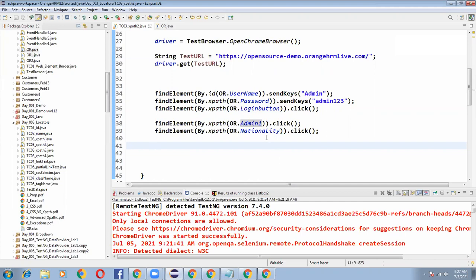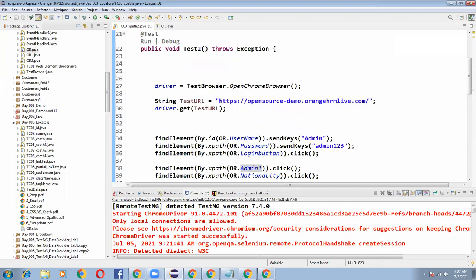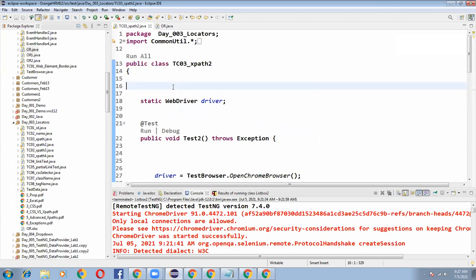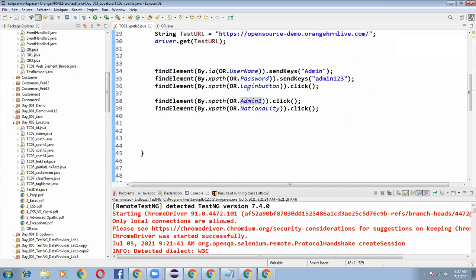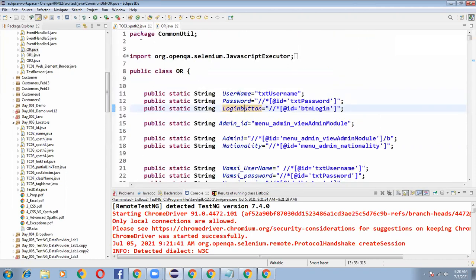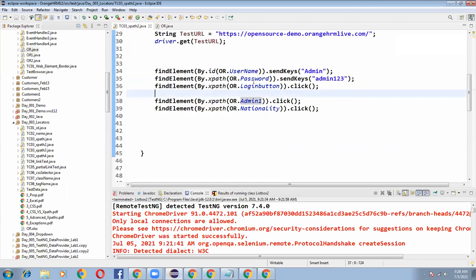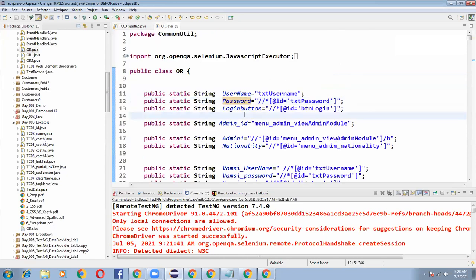What we have been doing so far is writing all the XPaths for every class. Every time we have to write XPaths globally for every class. But is it required if I follow this approach? Not required. Suppose I want to do a login scenario, I can simply copy and paste it, because I'm referring to my XPath from the OR.java class. I'm simply calling OR.login button, OR.password. If you want to click on OR.password, just press the control button and click on it. So OR means object repository.